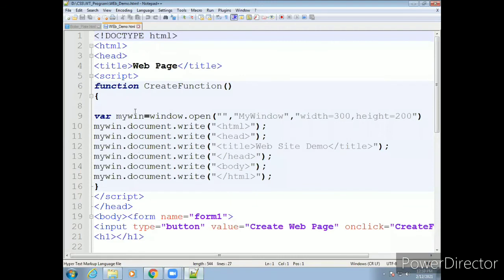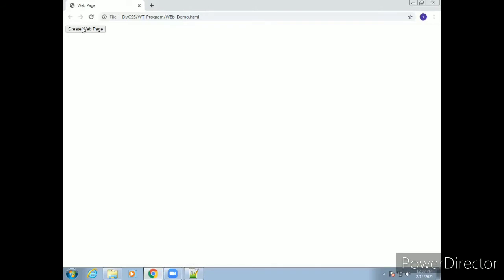So you can see that what we wrote in our code, we created just one simple web page, and for this web page we gave the HTML title website demo. When you click that, sorry, where is my button name? My button is create a web page. When you click that button, you get a new web page, correct? So just, yes, you can see that this web page we got.